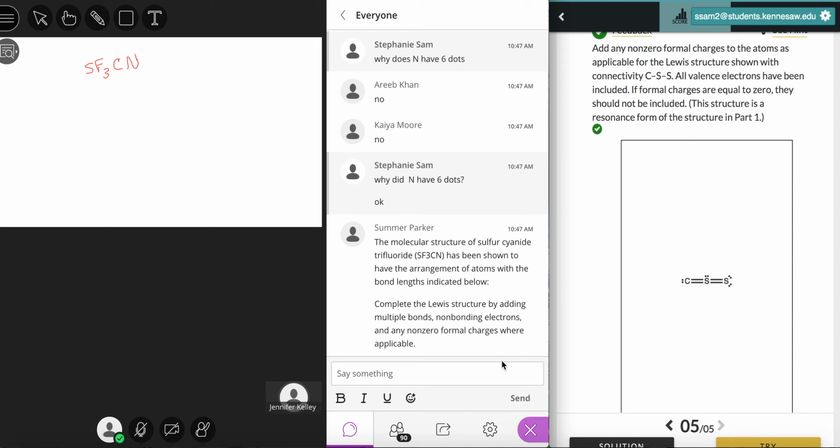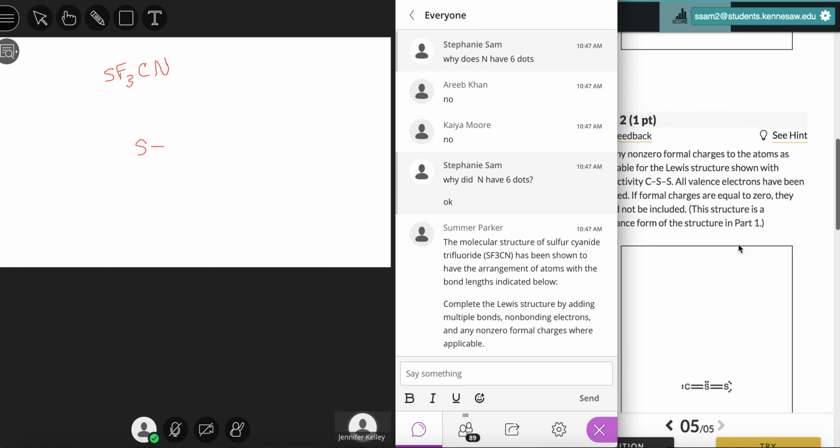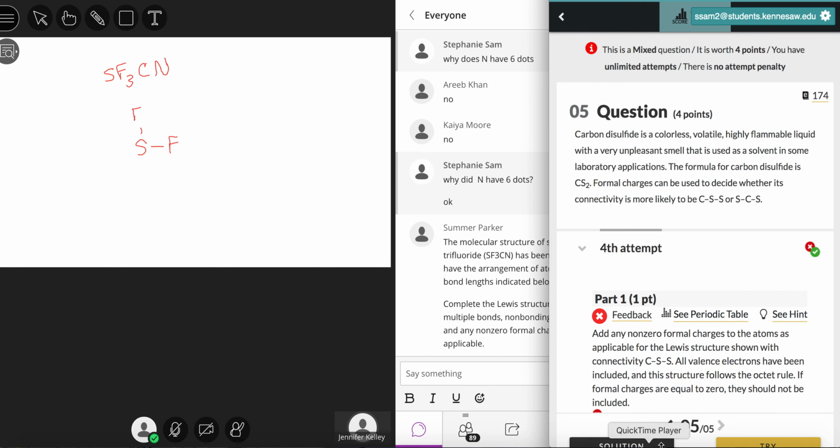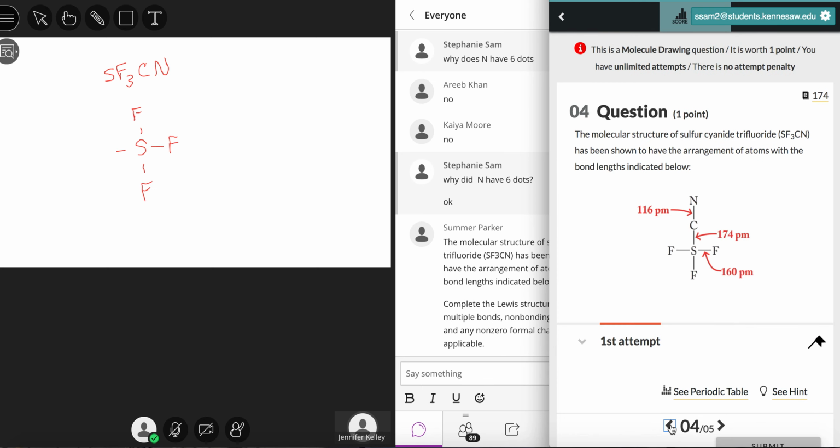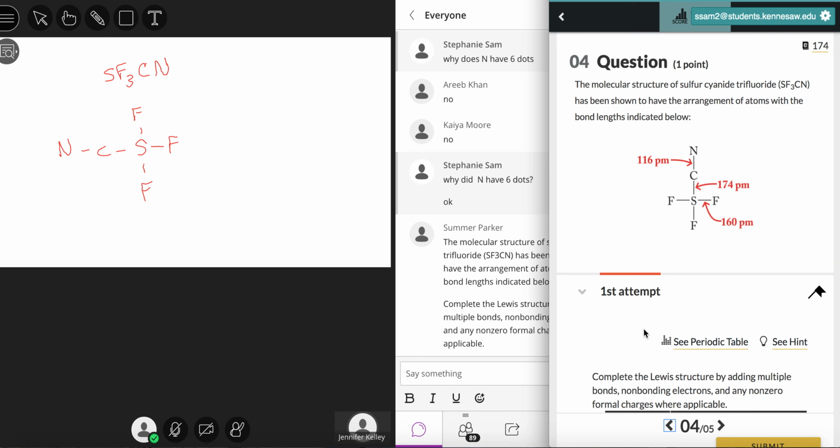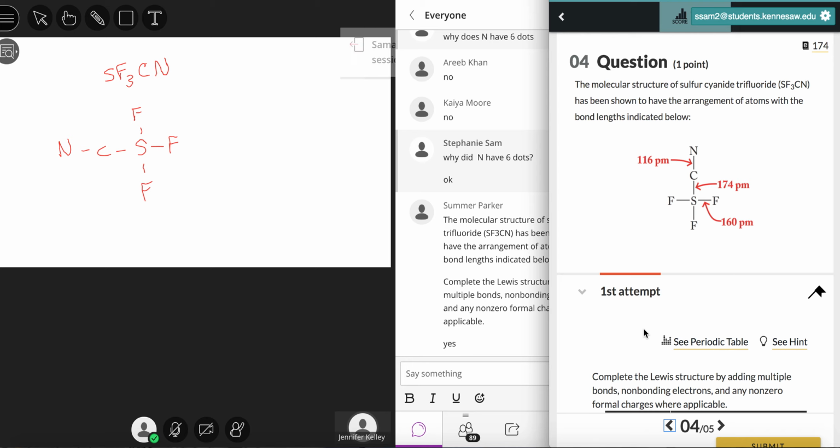Let's see. Complete the Lewis structure. So I'm guessing they showed you something like this. S, F, F, F, C, N. Something like that? Okay. So in these where they give you the structure and then they tell you to complete the Lewis structure, what you have to do is start with